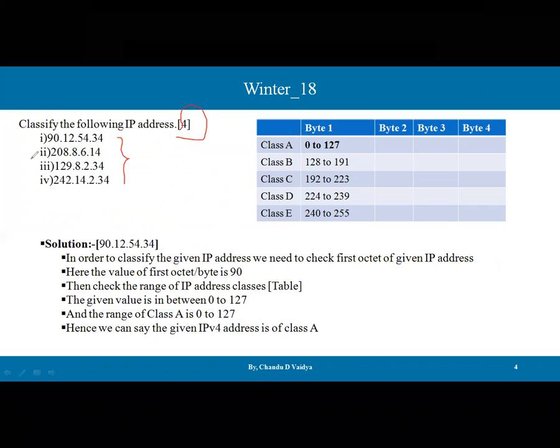Nothing new is needed here, because all these addresses belong to the dotted decimal format. So here take the first one. Again, this range we know, guys. Okay, then the first address is 90.10